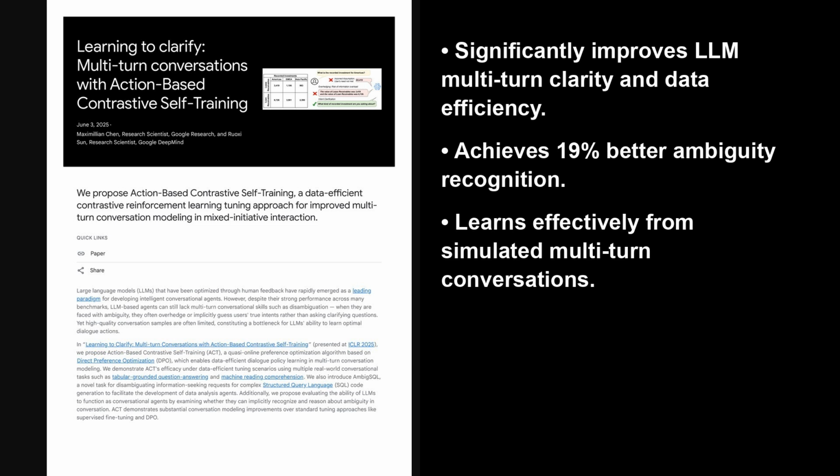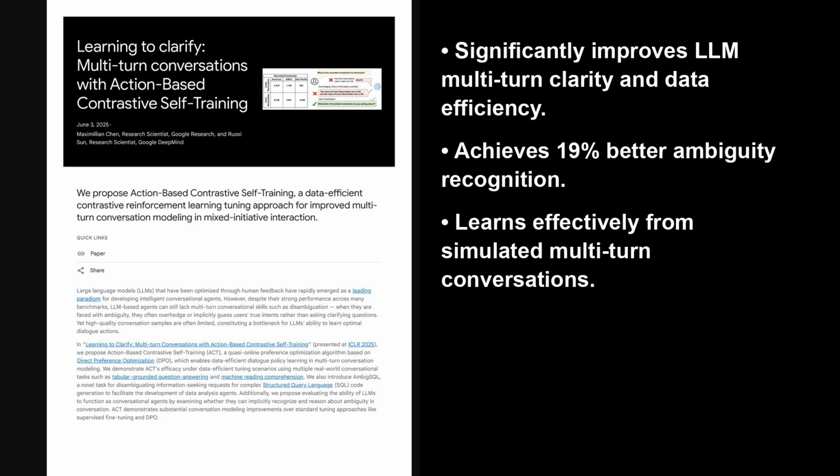I am your host, Alex, and today we're diving into some really interesting work on making conversational AI more conversational. This post from Google Research, published June 3rd, 2025, is titled Learning to Clarify, Multi-Turn Conversations with Action-Based Contrastive Self-Training. It introduces a method called Action-Based Contrastive Self-Training, or ACT, designed to help LLMs better handle back-and-forth conversations, especially when it comes to disambiguation. That's the crucial skill of recognizing when something is unclear and asking a clarifying question, rather